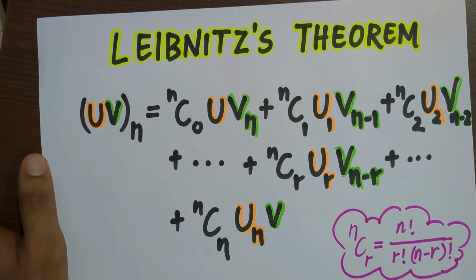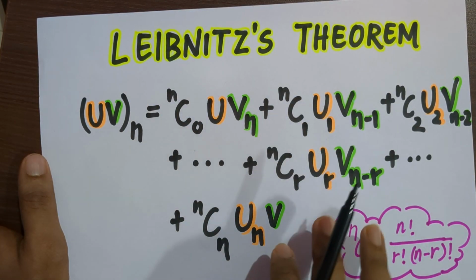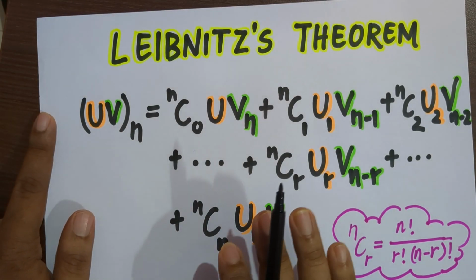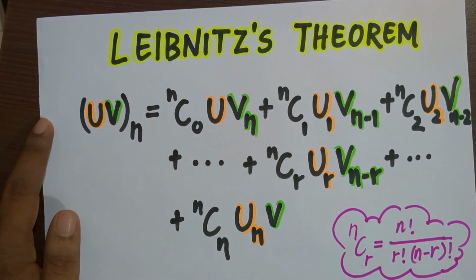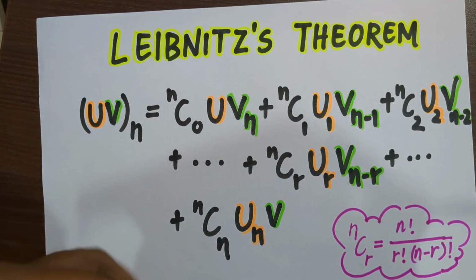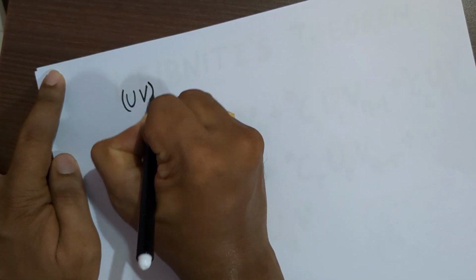The Leibniz theorem is basically a general version of the product rule in differentiation. To find the nth order derivative of a product of two functions, the Leibniz theorem comes into play. Before going into the theorem, let's appreciate the beauty of this theorem by looking at the first few order derivatives of a product of two functions. Suppose we have two functions u and v, and we want to find its first order